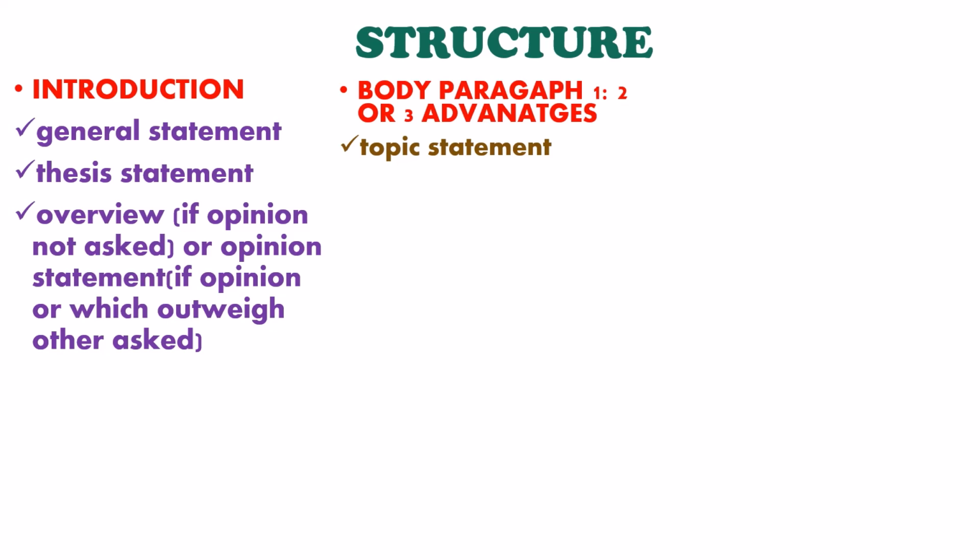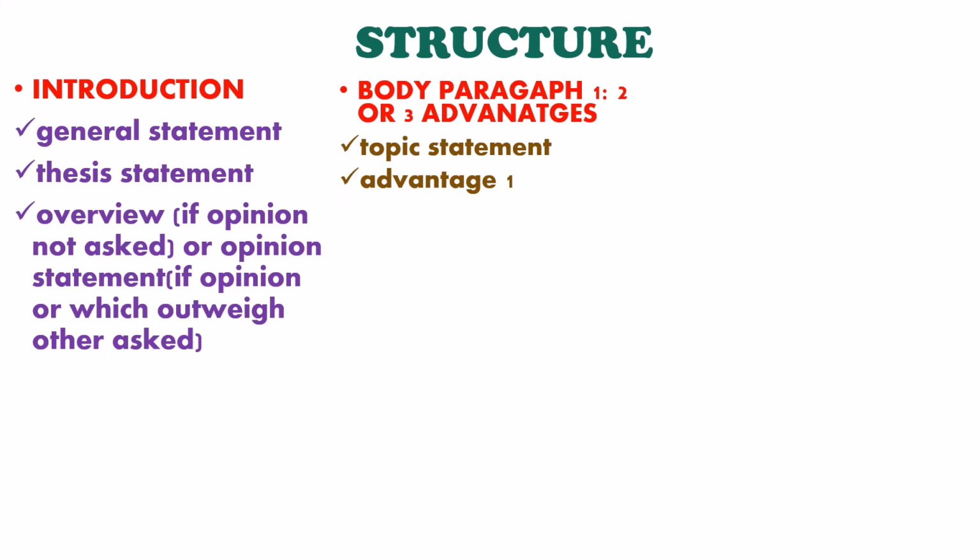So first you will include your topic statement that will almost be the same, that for to begin with there are copious benefits, or there are copious merits, or there are copious pros, something like this. So it shows clearly what your paragraph is going to be about. That is our topic statement. So you have to write the topic statement first.